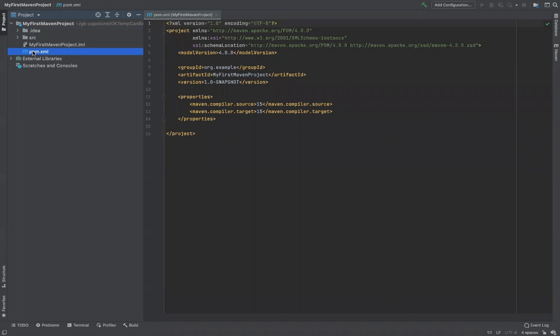This is the central idea of Maven, that I want to manage all aspects of a project using an XML file, and the XML file here acts as a configuration file. So what you see right now is a pom.xml file, or project object model XML file, which is the central idea behind Maven.